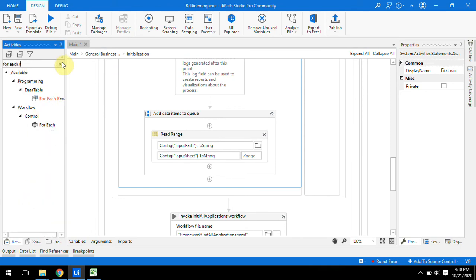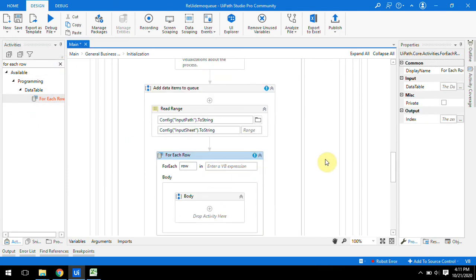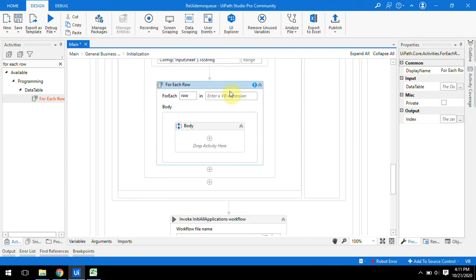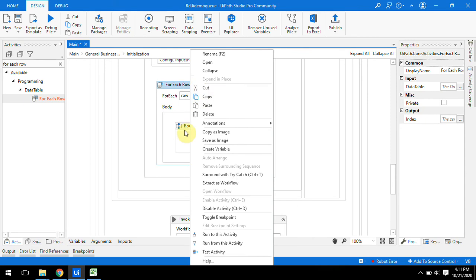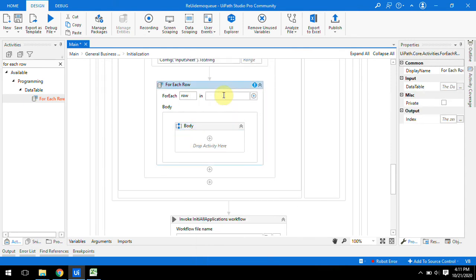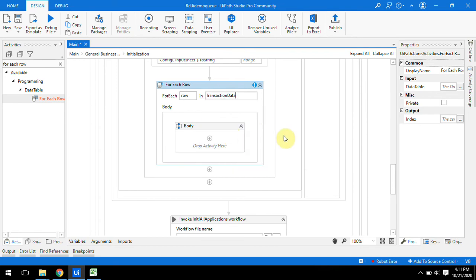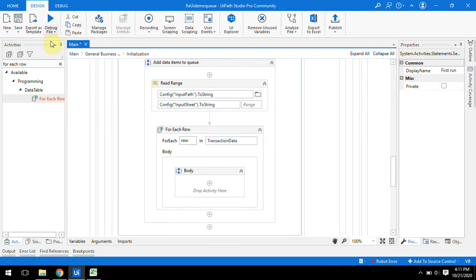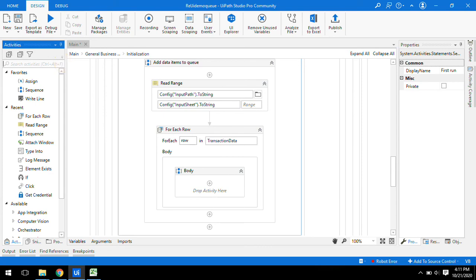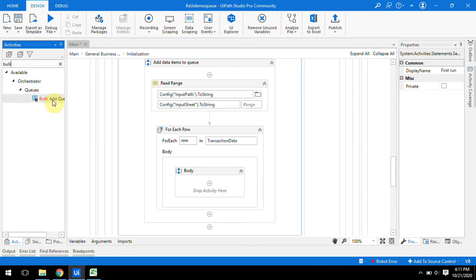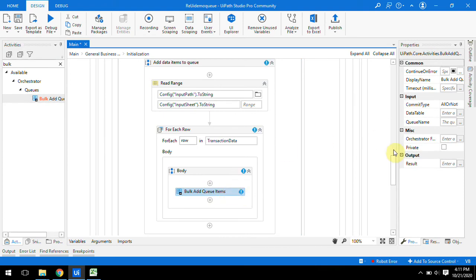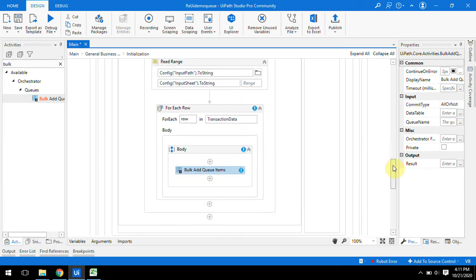Use for each row, and write down the name of our data table, transaction data, and by using the bulk add queue item activity, we can add all the values present in the Excel file.